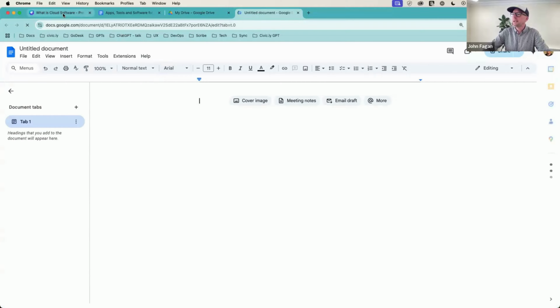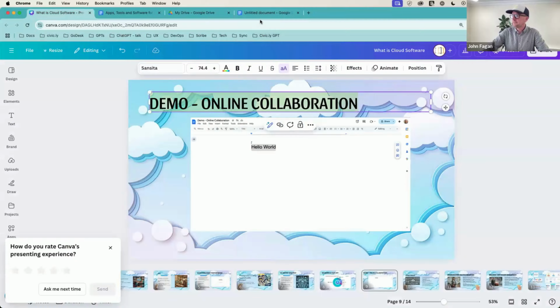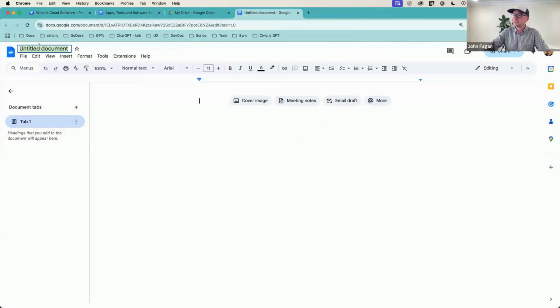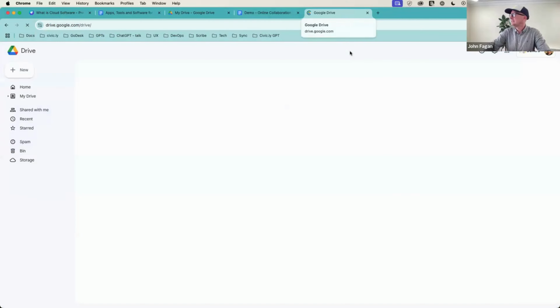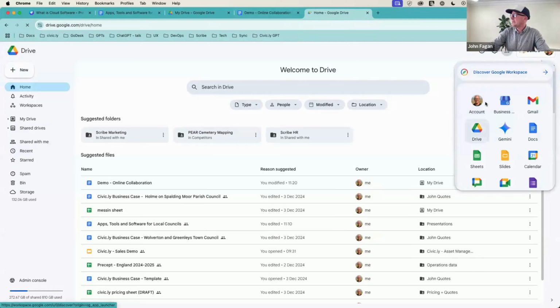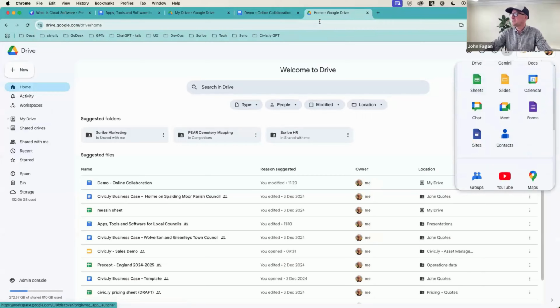But yeah, so let's collaborate on a document. I'm going to create a new one here and give it a name. Here it is. So this is like a Word doc, and all these cloud providers have the normal things. Let me just go to Scribe again. It's got all the normal apps that you get here. I've got email, docs, spreadsheets, slides. It's the same as what you get in Office 365.